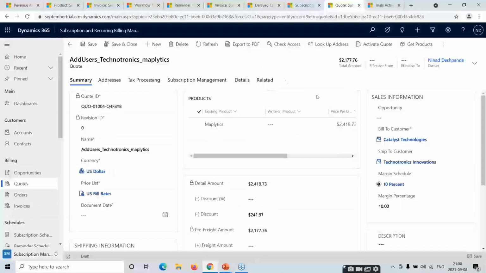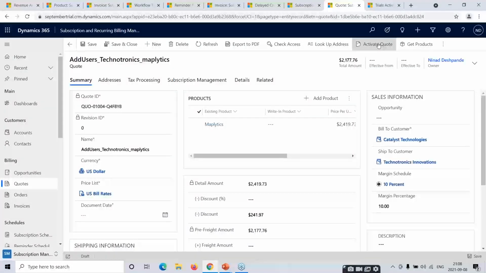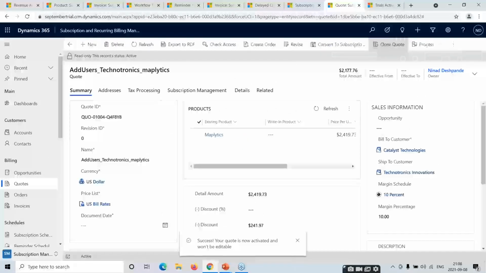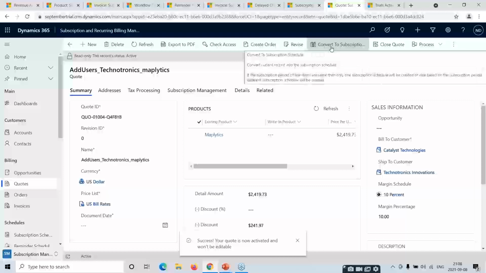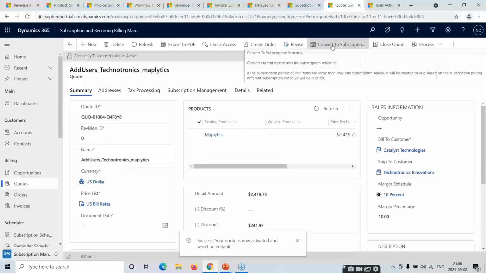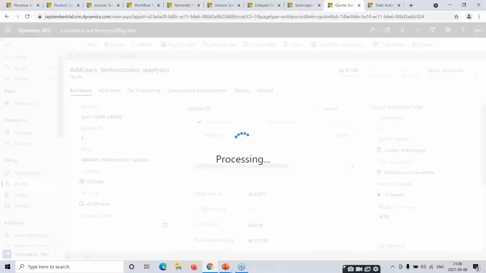So once we have all these values set up, all we need to do again is click on activate code, and I guess by now you must have guessed it. All we need to do is click on convert to subscription. So once I click on convert to subscription,